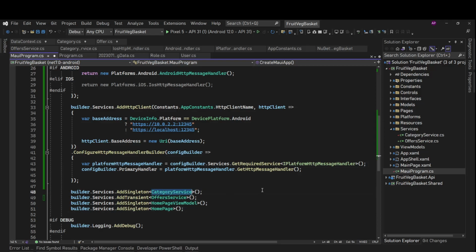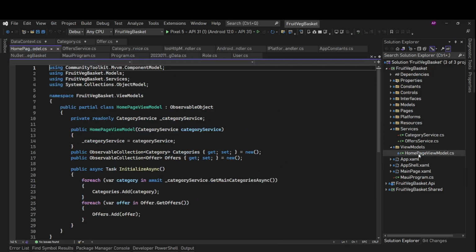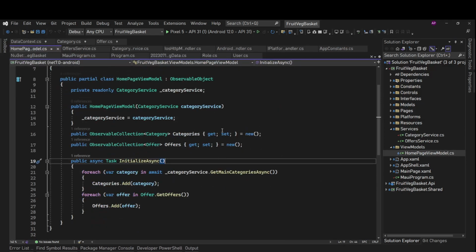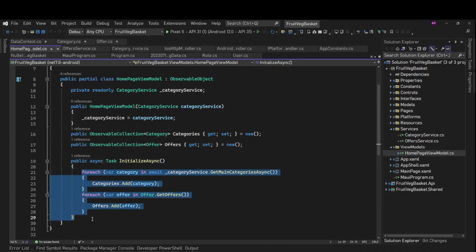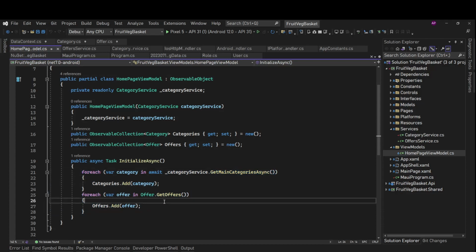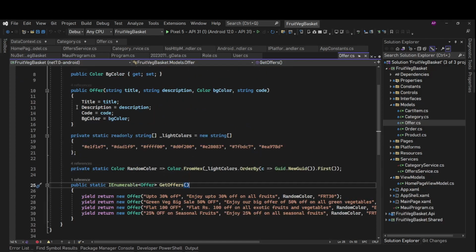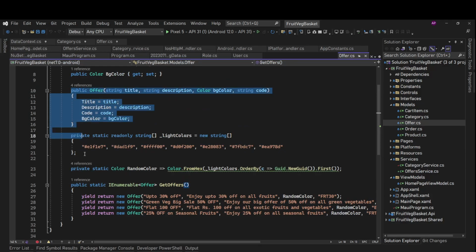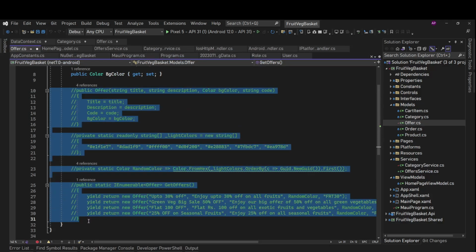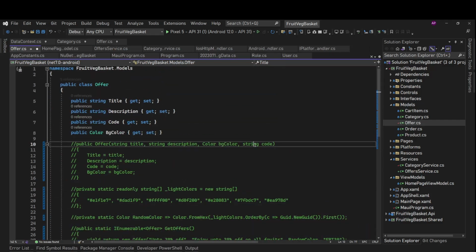Fine, we have OfferService, we have CategoryService. Now let's go to our view model. From here we are getting these two pieces of data like this. So this thing will work, but for offer.GetOffers, if we go here, now we can get rid of all these things because we don't need these, right?